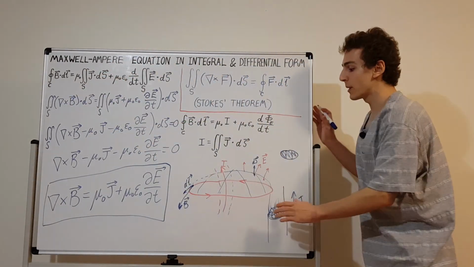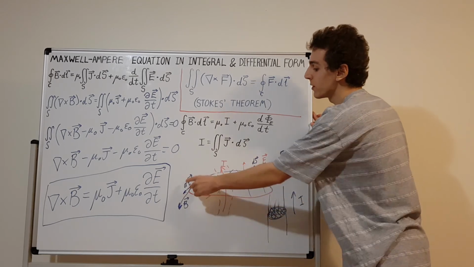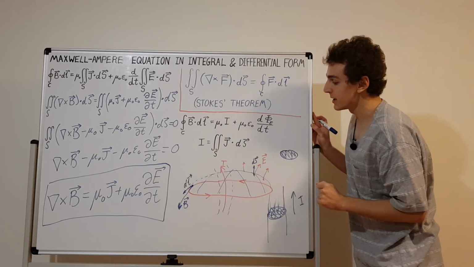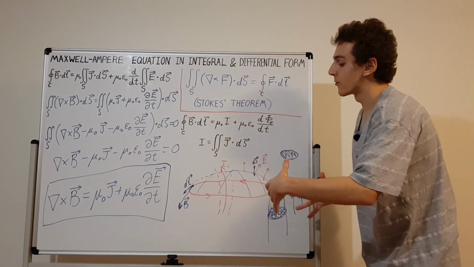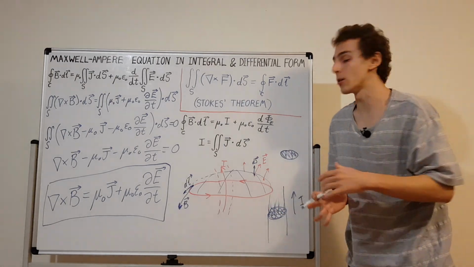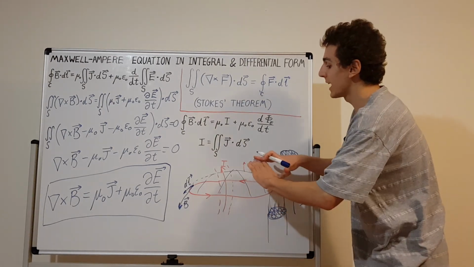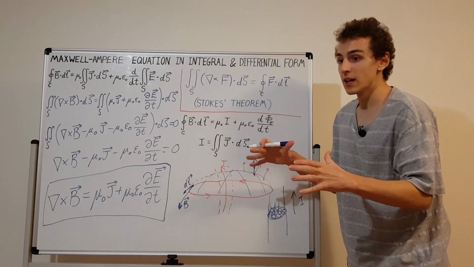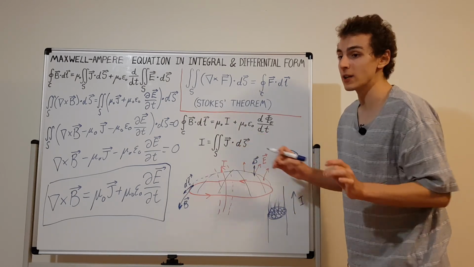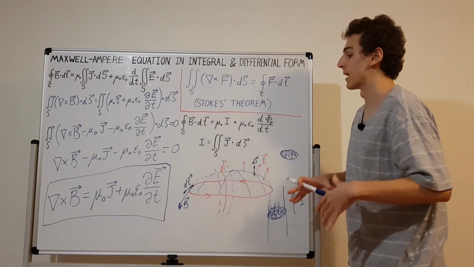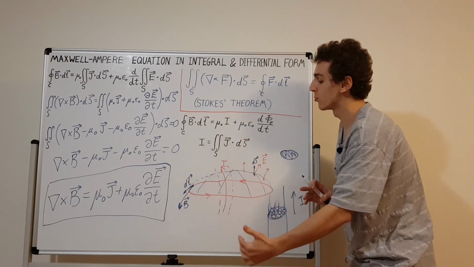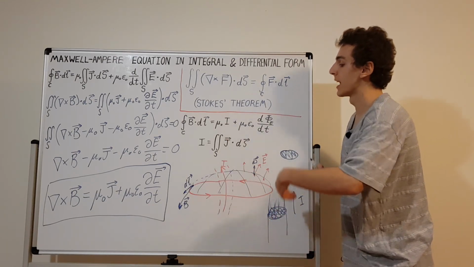So I want you to think about this diagram, think about what the dl actually means, what the ds means, and think about what does it mean for a field to be circulating around, and what does it mean to have a surface that has a boundary which is a closed curve, and what does it mean for things to flow through that boundary, like currents and changes